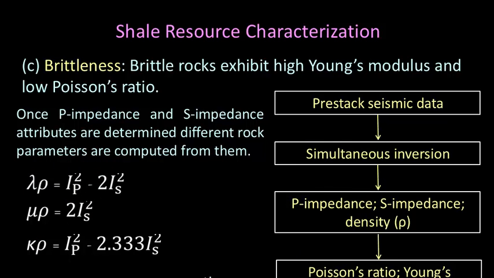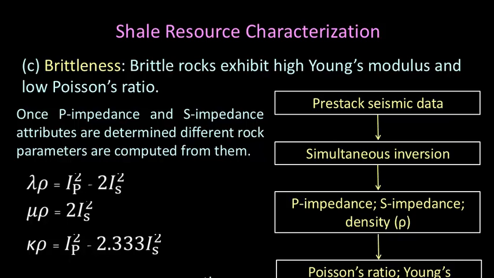Now talking about brittleness and TOC, we will indulge in simultaneous inversion. And if you have multi-component data, then we will talk about joint inversion also, post-stack, pre-stack. Now here I've just put down pre-stack seismic data, because with post-stack seismic data, all we are going to get is acoustic impedance. And with pre-stack, we are going to get the P impedance, the shear impedance, and we can make use of both these to determine properties like lambda rho and mu-rho, Young's modulus, and many other attributes.